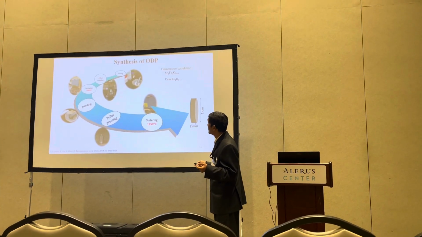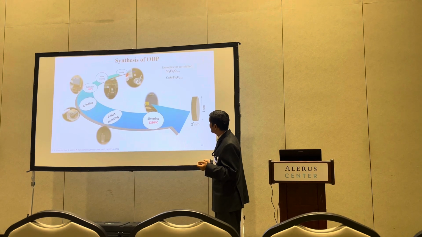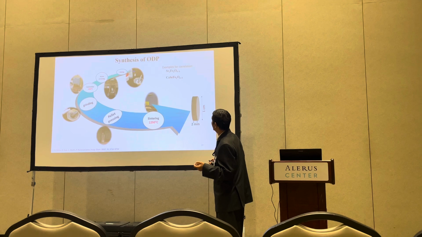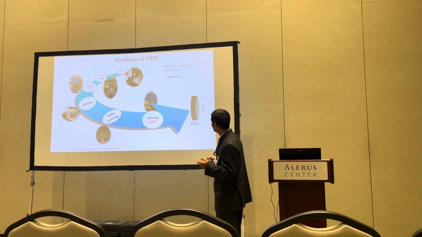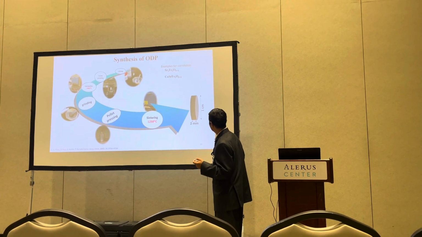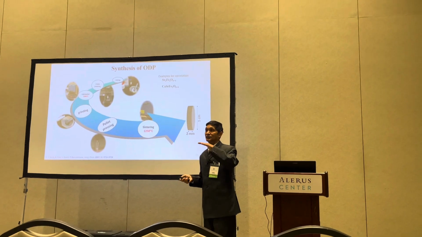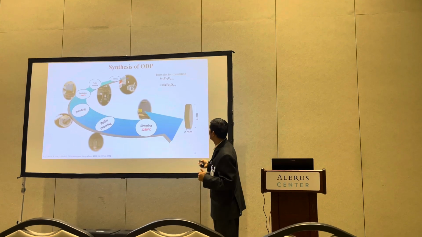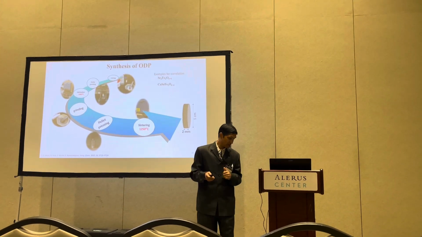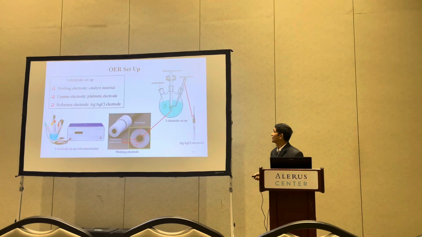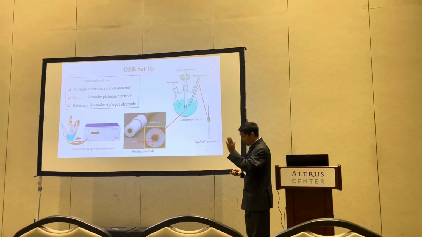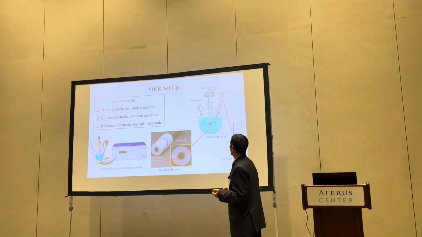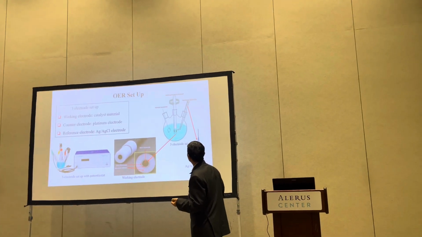Again, it is reground, and then the powder is again repelletized. Then it is sintered at 1250 degrees centigrade for 24 hours. Then we get this pellet, and we test the phase, whether pure material is formed or not, using an X-ray diffractometer. Then we powder that material once the desired pure material is formed, and then we use this type of